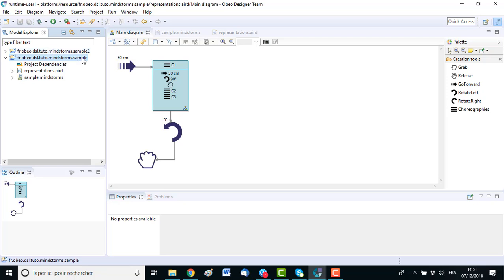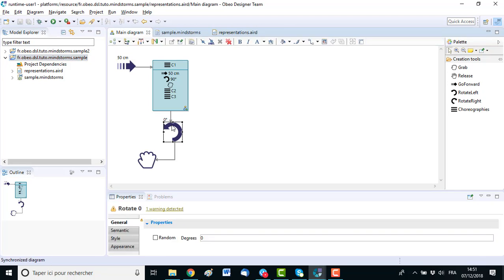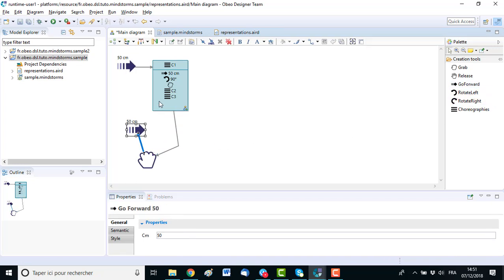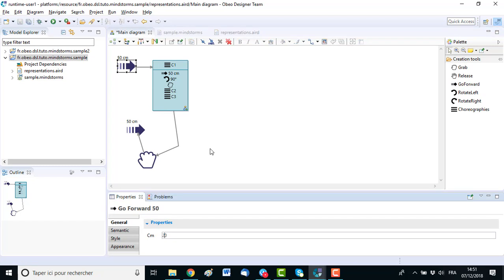So imagine I am working on this version of the model, so that I can, for example, delete this instruction, add a new instruction here, and, for example, modify this instruction.